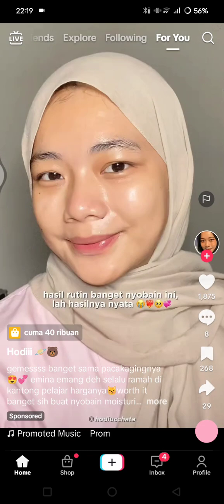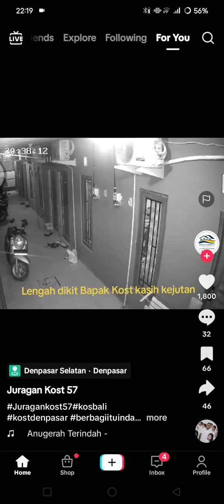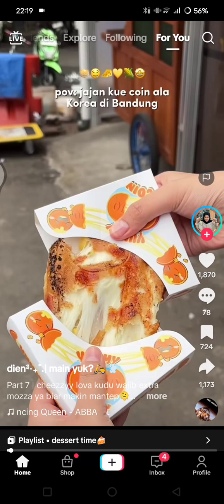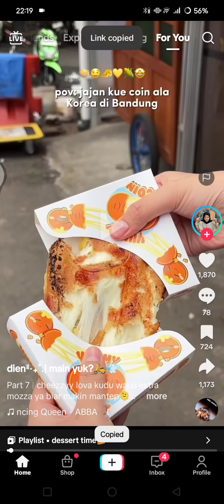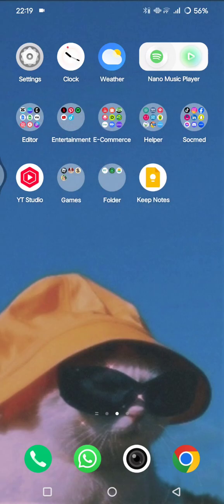First, open the TikTok application and find the video that you want to save. Let's save the video by clicking on this arrow, click on the share button and choose, yes, this one, copy link. So do not click on save video, but copy the link, and in here you can just go open your browser,